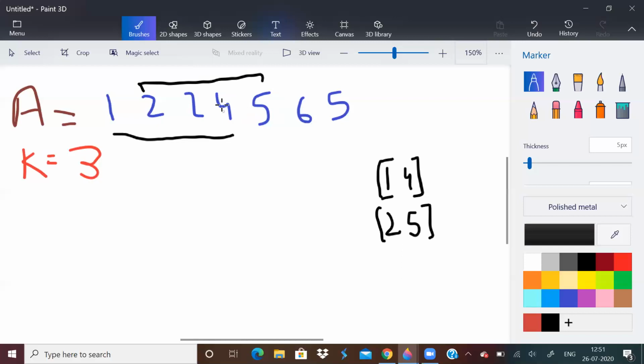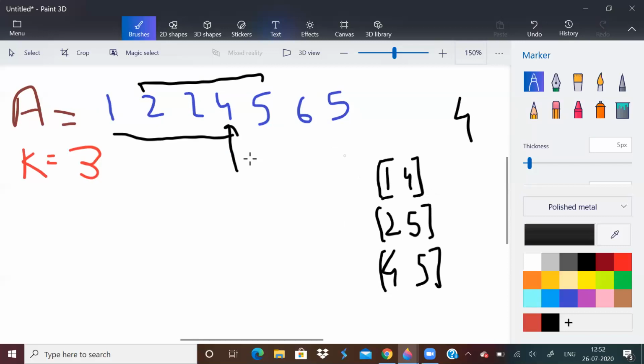Let us see from this element, this 4, 5, 6, 5. Yeah, so there are 3 distinct elements. So 4 to 5. So the longest subarray length in this example will be 4.